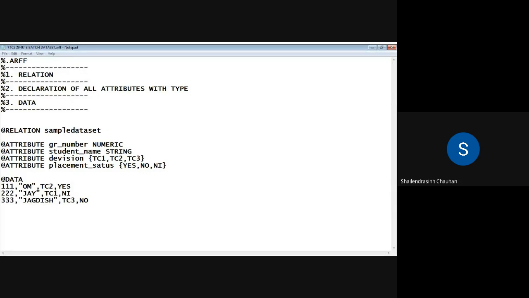So now I'm going to assign a task to all of you: creating your own data set, student.arff. You need to create a data set, student.arff, and I'm also going to mention the attributes that you need to include.